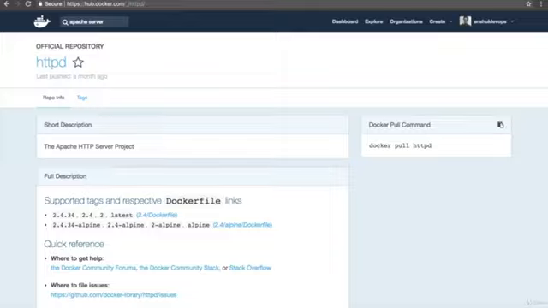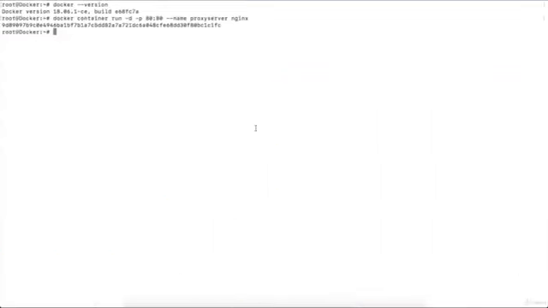So I will go to my terminal, and I know in the past I never started the Apache server. So this is the first time I am going to start an Apache server. So it will look for the image in the image cache, and it will not find the Apache server image in the image cache. So it will download the image, extract the image, and then execute the container, right? So I will execute the command docker container run